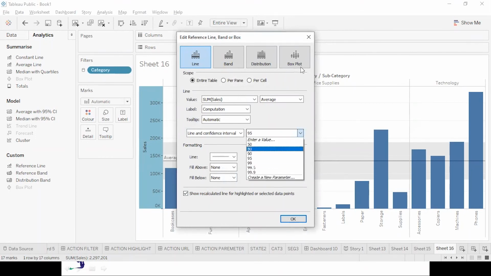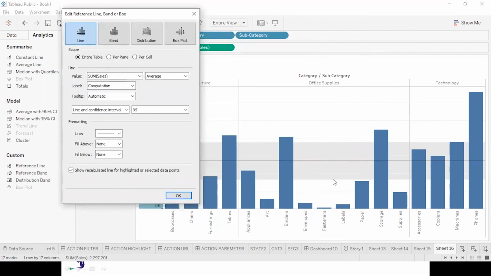And you can set the confidence level. Higher the confidence level, bigger the range. Lower the confidence level, smaller the range. So let me take it as 99.9%, and you will see that the range has been increased.